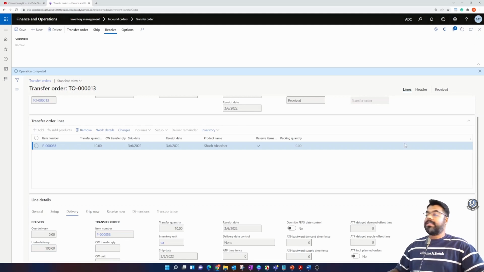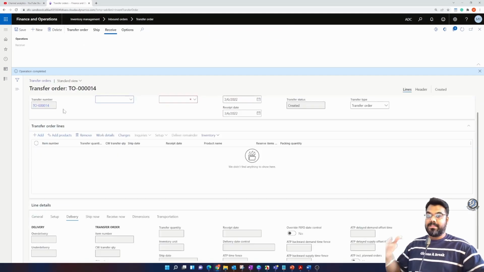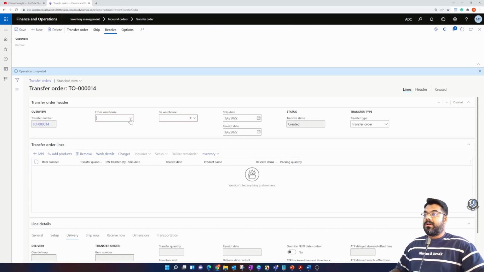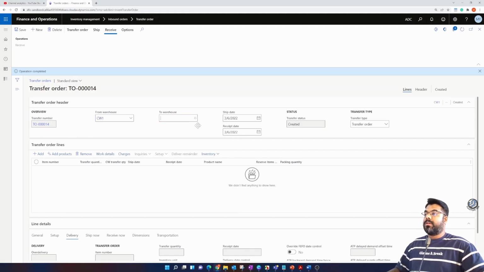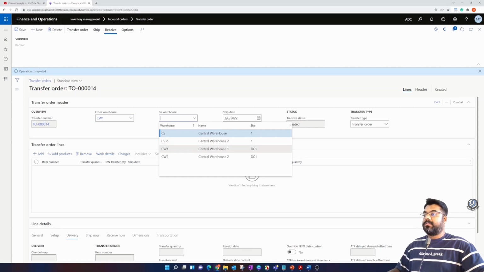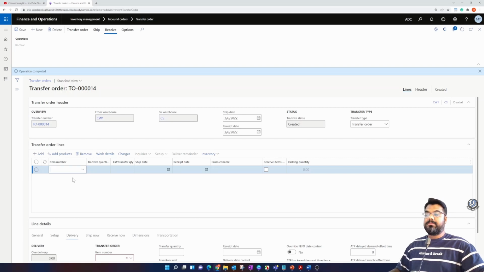Now let's get into our next scenario, which is also a similar one, to do with multiple shipments. If I repeat the same scenario again with a new transfer order, let's say that's the source warehouse and that's the destination. I'm going to use the same example item,